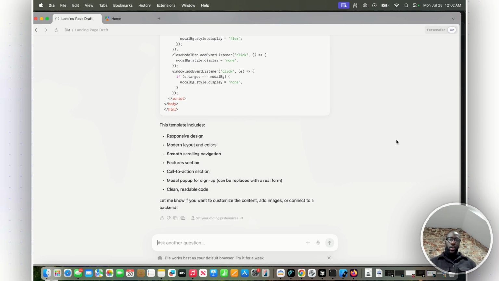But I'm at a point now where I'm using both browsers. I literally will have Perplexity Comet open for one task or one area of my business or life, and then I'll have the DIA browser open for another task, or even just for a particular client's work that I'm dealing with. And then I still also have Google Chrome and Firefox and these other browsers open as well.